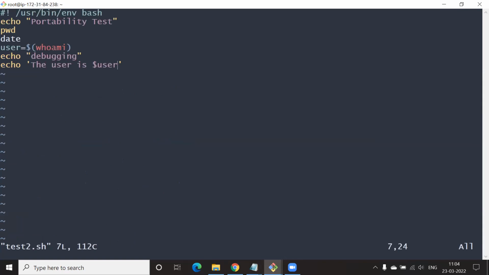Actually, don't fix it, leave it like that. In the line where you say user equals dollar whoami, remove one of the brackets. In other words, purposefully we're introducing a bug. Now try to run it.